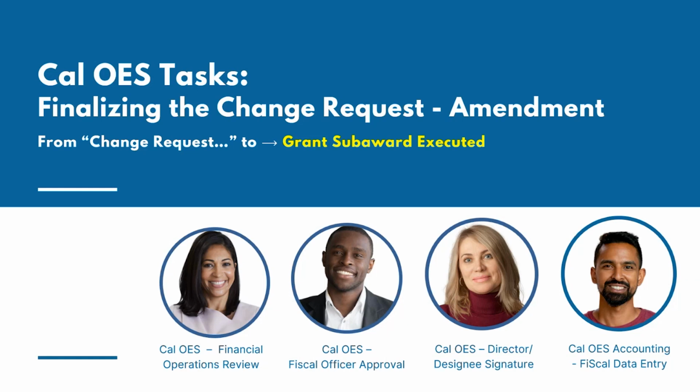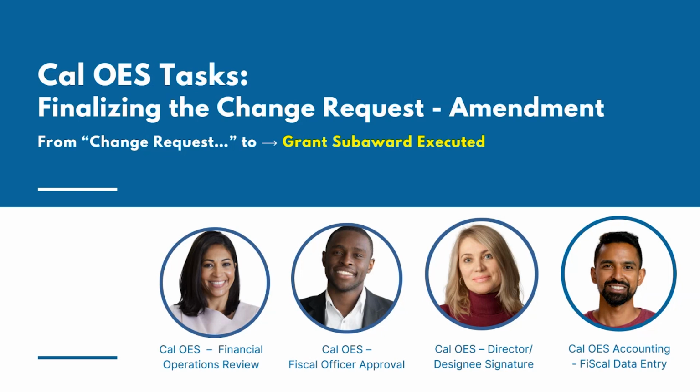Then it goes over to the fiscal officer over in the budget office, where they review and make all of the relevant changes, because they at the highest level oversee all of the funding that is allocated to our agency and to our branch for funding. And when that has been approved, it will go over to the exec office for a director or director's designee signature. And when they have signed that, it goes back over to Cal OES accounting